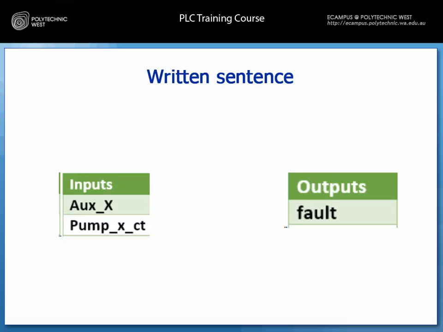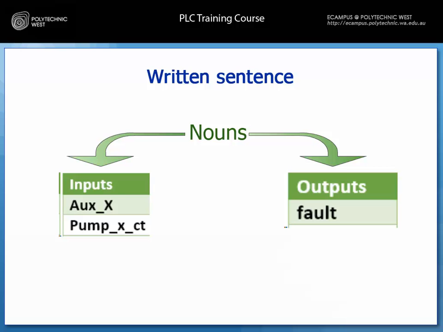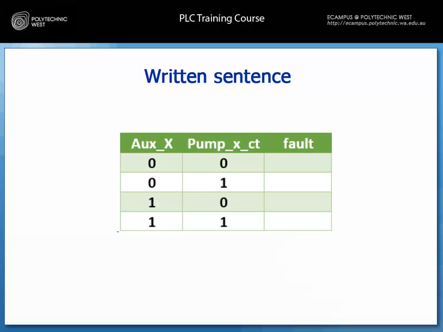You can use a written English sentence to describe the operation and from that sentence determine what the program will look like. The nouns are the required points and are the inputs and outputs. The conjunctions like and or describe how they are connected together. And means the inputs are in series and or means the inputs are in parallel. There is an auxiliary X to indicate when the pump X is switched on, and pump XCT indicates that pump